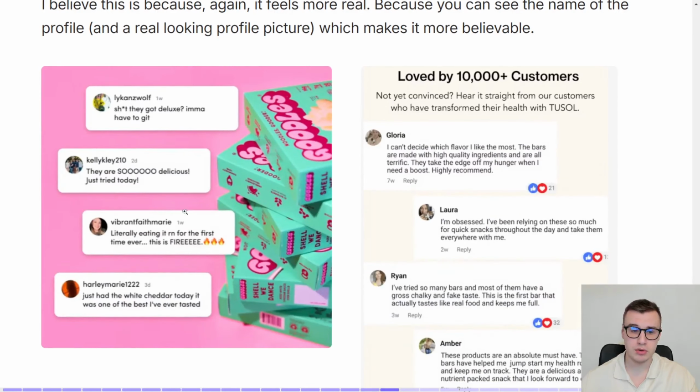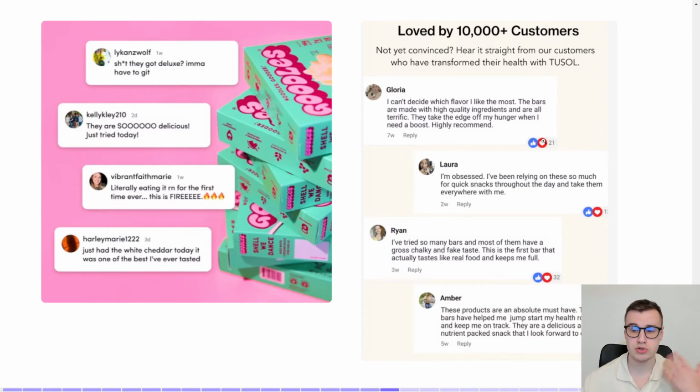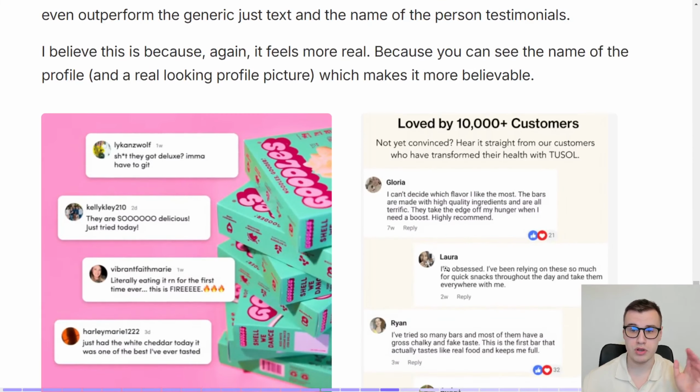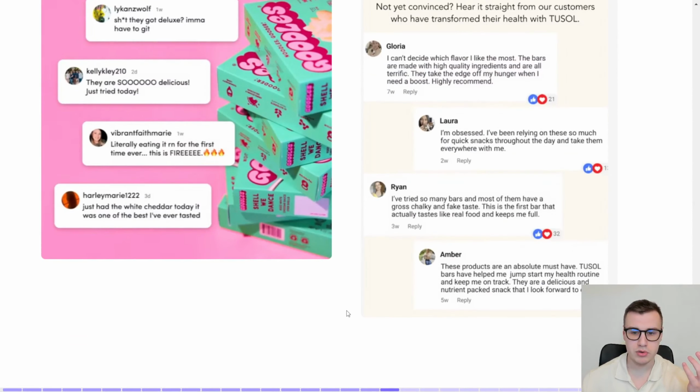Here, this brand took the screenshots from, I believe, Instagram comments. And yeah, you can see the username, the profile picture. You can even search them up to verify that they are real profiles. And yeah, really nice. Same thing here from, like, a Facebook group, I believe. And you can see here the likes, which is also more social proof. So these are the 3 ways you can give more weight to your testimonials and actually make them work